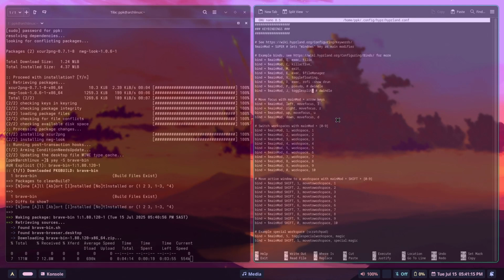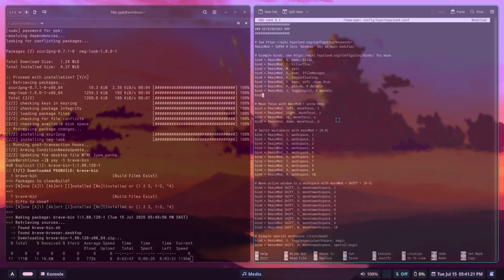So in this first binding section, you can just enter another bind equals the main mod, comma B,